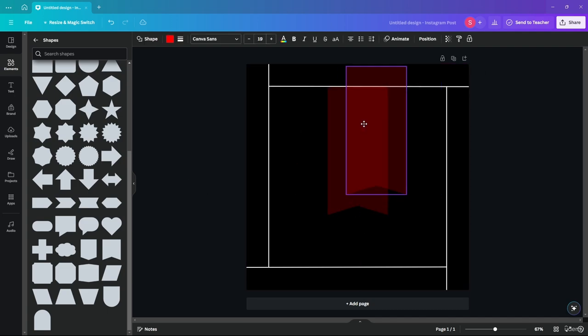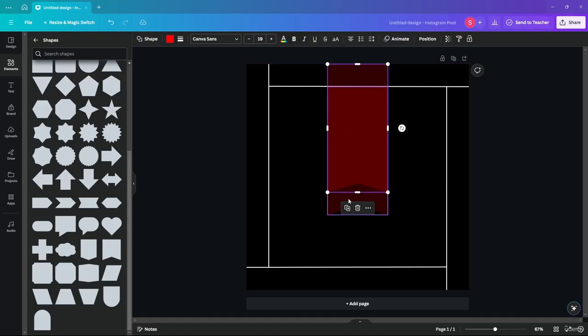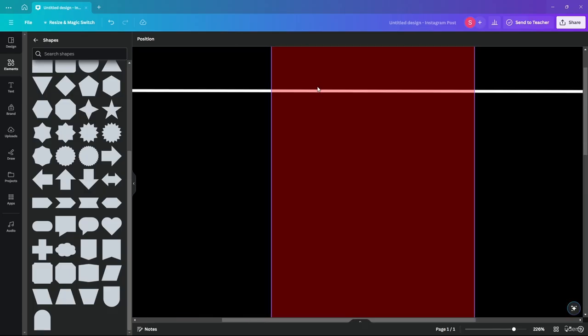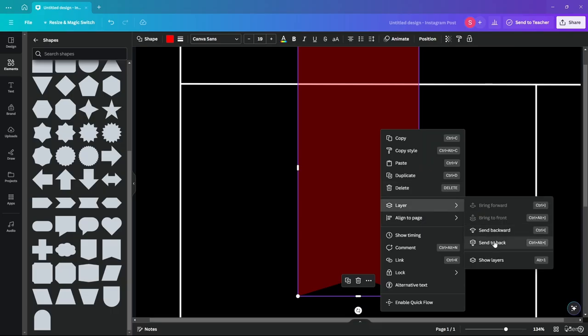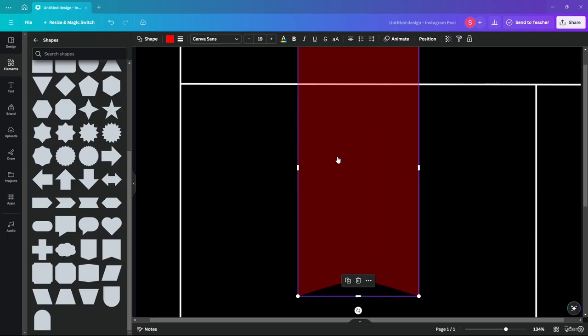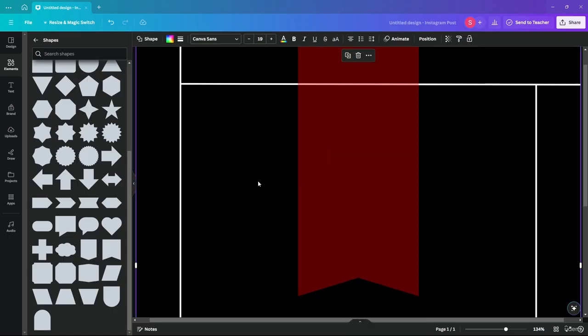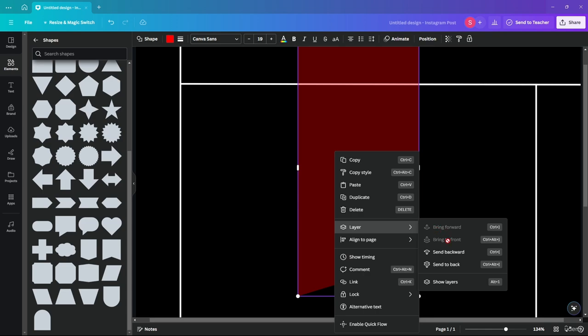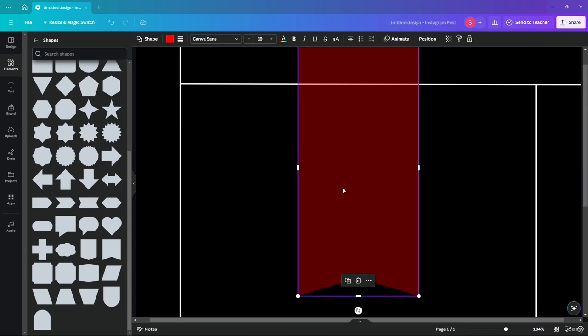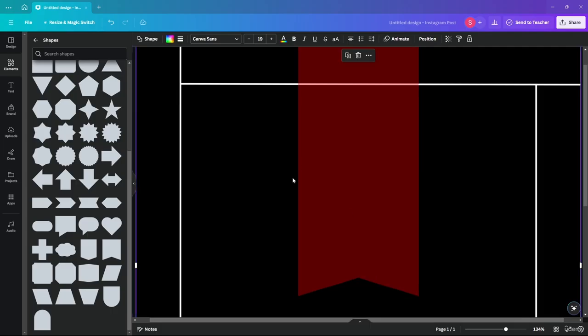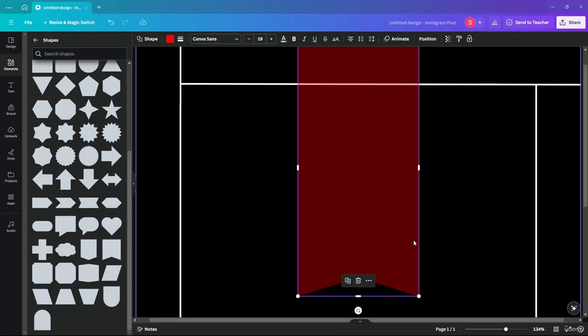So there you go. Now I have a flag over here, or a bookmark. I can also move this towards the middle top, and also select this and move this towards the middle top over here. But as you can see, it's going through my white line. So what I can do is go to layer and send backward, or Control and the left bracket. I'll deselect it, select this again, then go to layer again and bring backward again. Then again select this, go to layer, bring backward. I'll also select this again, bring backward again. I'm going to keep on doing this until the white line goes on top